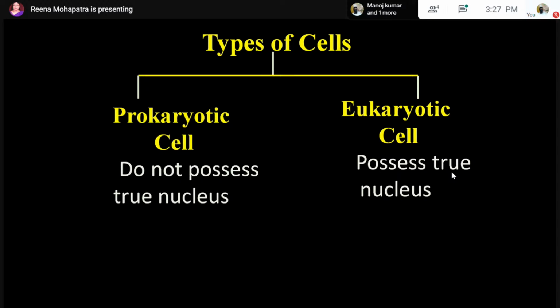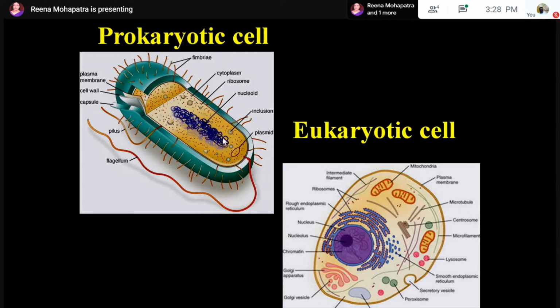this nuclear material surrounded by membrane, by two membranes, and the whole structure together, that means the membrane within which nuclear material is present, is called the nucleus. So in a eukaryotic cell, the nucleus is present. In a prokaryotic cell, a proper nucleus is absent. As you can find, this is a prokaryotic cell, a bacteria, where nuclear material is present, but it is not surrounded by any nuclear membrane. Whereas in this picture, you find the nuclear material is surrounded by membrane. That's why a definite nucleus is present.